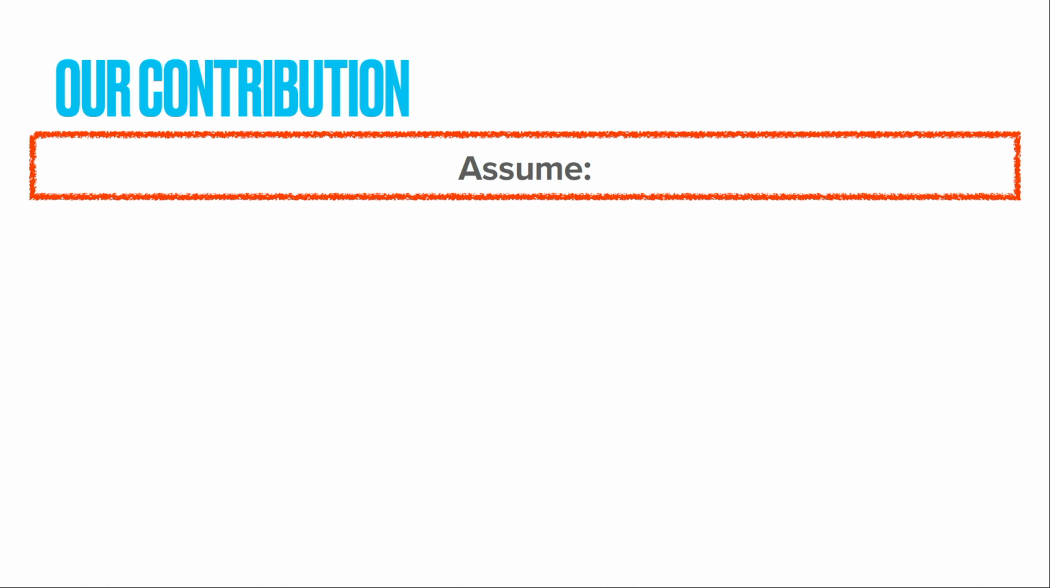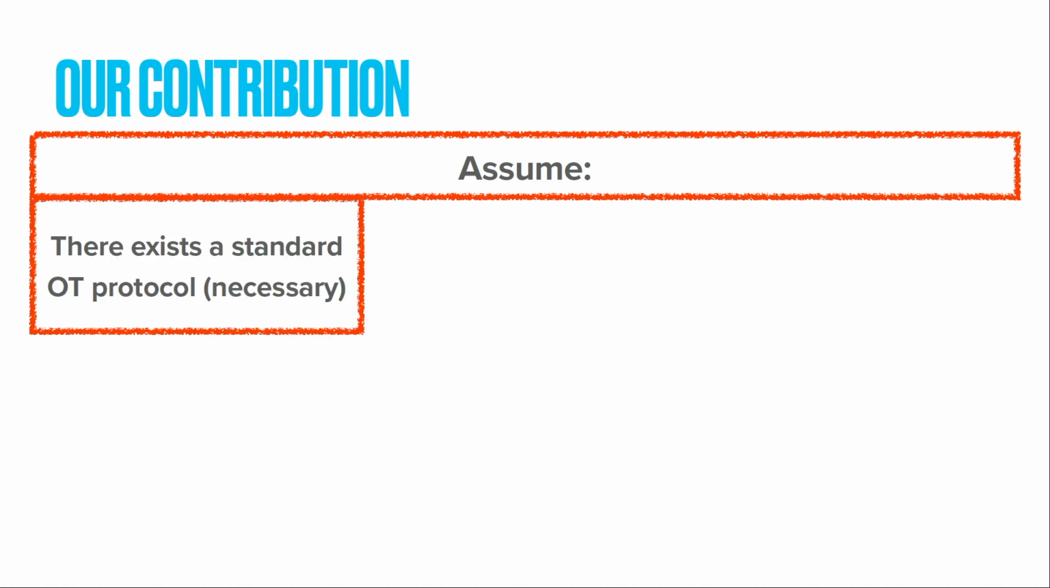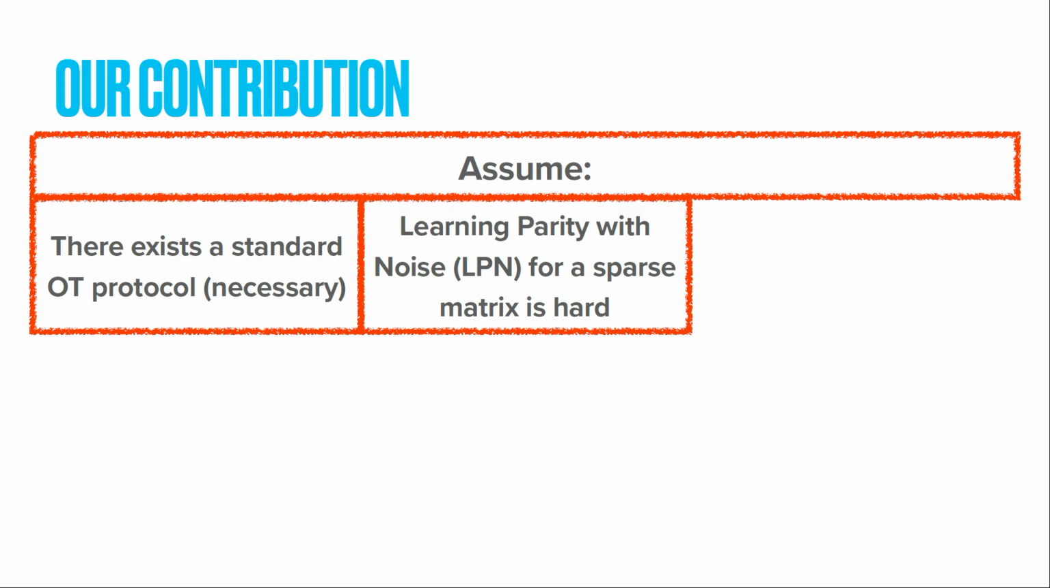Good, so without any further ado, allow me to state our main contribution. We need to make a few assumptions. The first assumption is that we need there to exist at least one OT protocol if we're going to create n OTs. So let's make that minimal assumption. The next assumption, I won't be able to say too much about where it comes in, other than very briefly,